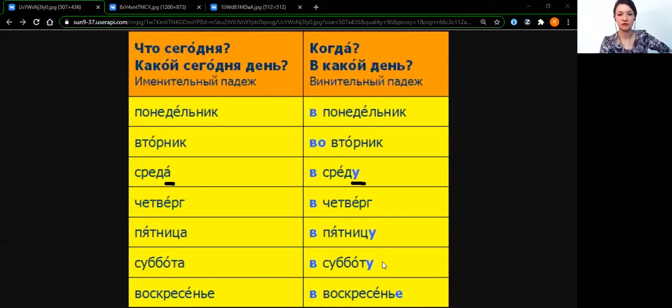All in accusative case. В понедельник, во вторник. Here we use во because вторник starts from в-т. It's difficult to say в вторник. You need some vowel in between. So we choose во вторник, в среду, в четверг, в